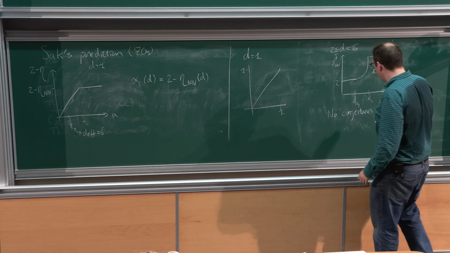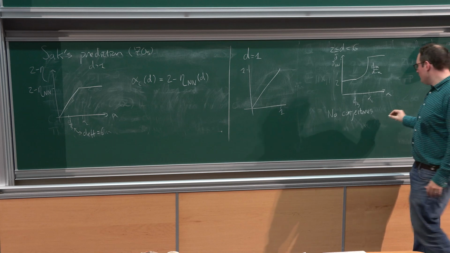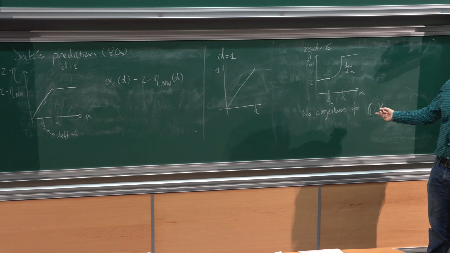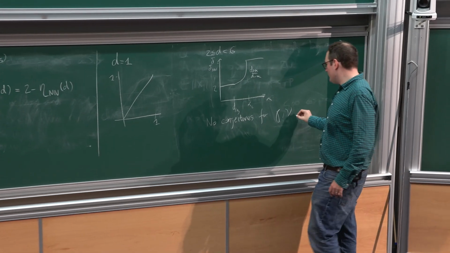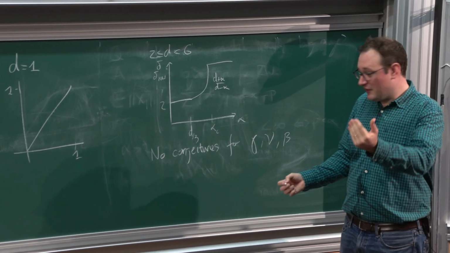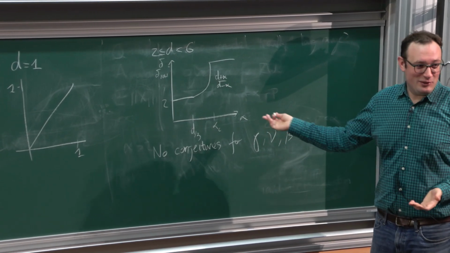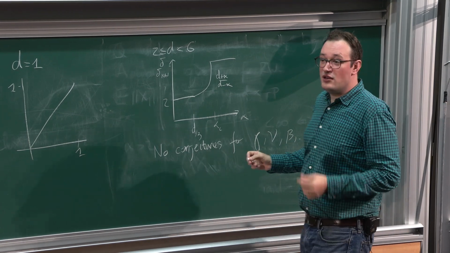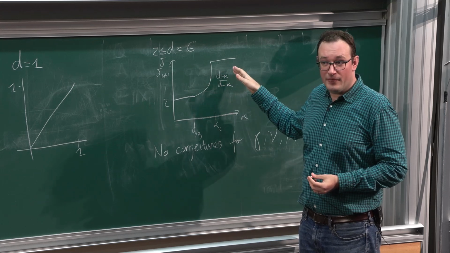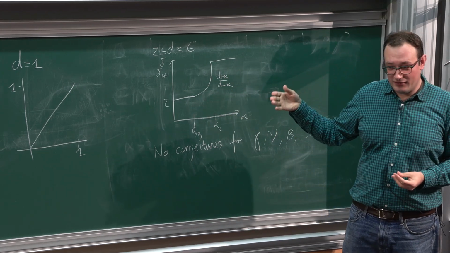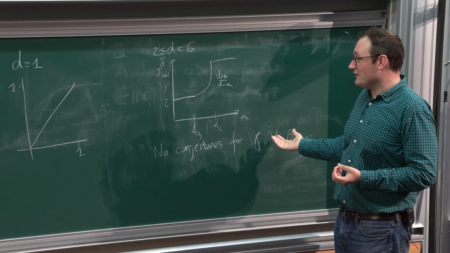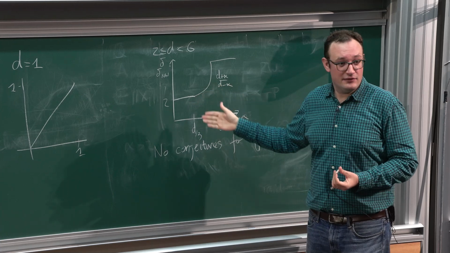On the other hand, if you look at some other exponents, for example gamma, which is the susceptibility exponent, nu, which is the correlation length exponent, beta, which is the exponent for the density of the infinite cluster above beta c, and I apologize that beta appears in both places, but that's just how it is. None of these exponents are believed to have a simple exact formula in this intermediate regime. So this is not something that we have done yet, although I think we're on the precipice of being able to do it. But if you want to study these things, maybe you have to start doing these expansions.